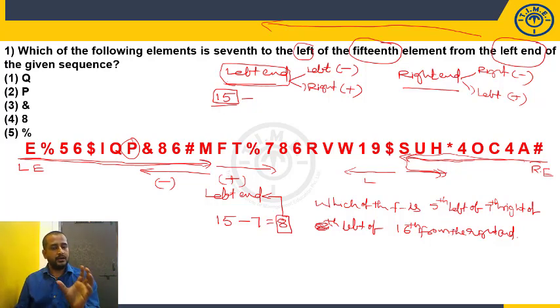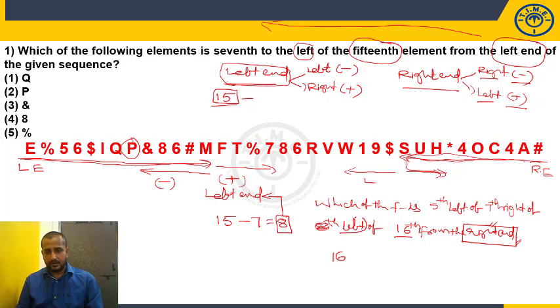Now, according to our shortcut method, you have to observe the base. So we should start counting from the right hand. Directly you can look at the last statement. We should start counting from where? Right hand. What is the number presented for the right hand? 16th. So you should take that number 16 as it is. And when the question is based on the right hand, as we started counting from the right hand, wherever you see the right, use the minus. Wherever you see the left, use the plus.